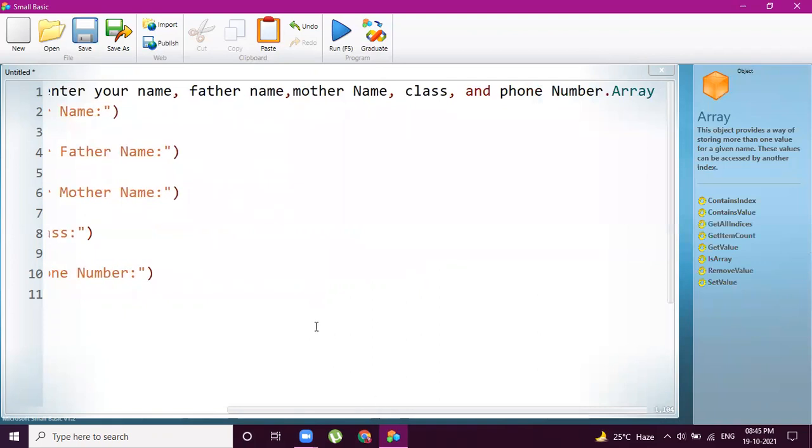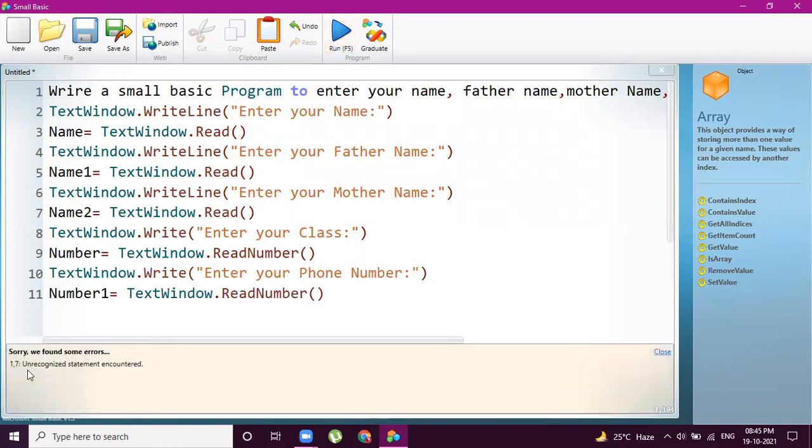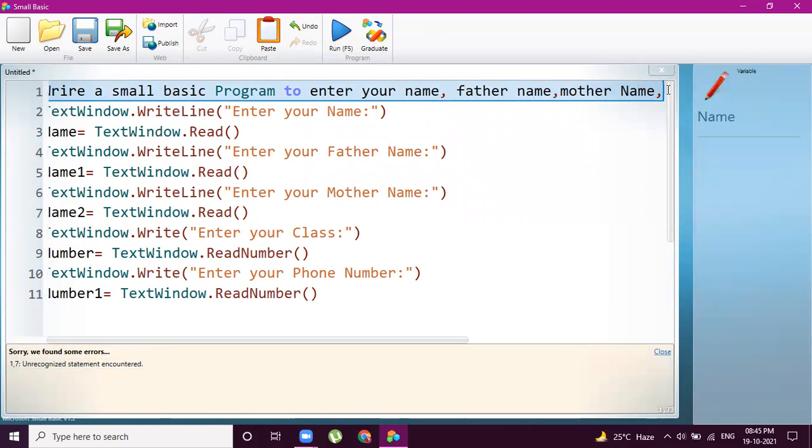So the program name here I have typed. If I run this code, then it gives an error message. You can see unrecognized statement encountered, and it is in the first line. So what is that unrecognized statement? Here, this one. So if you write the program name, it will not be considered as a comment.